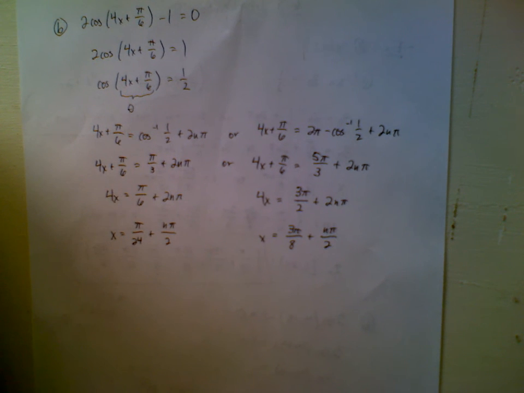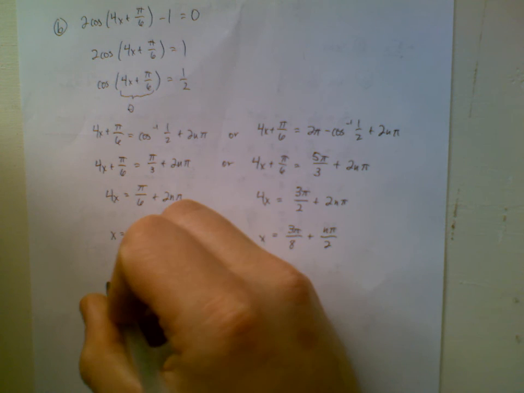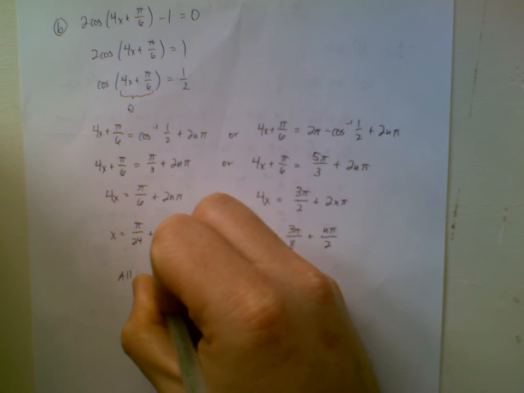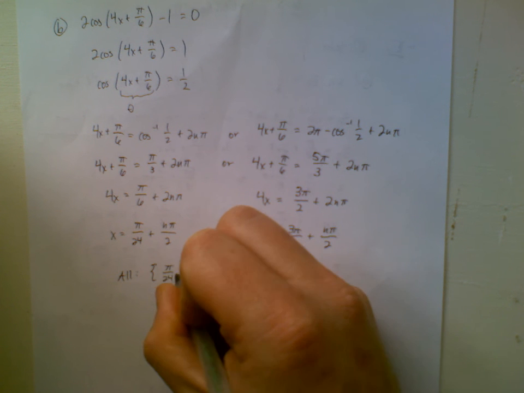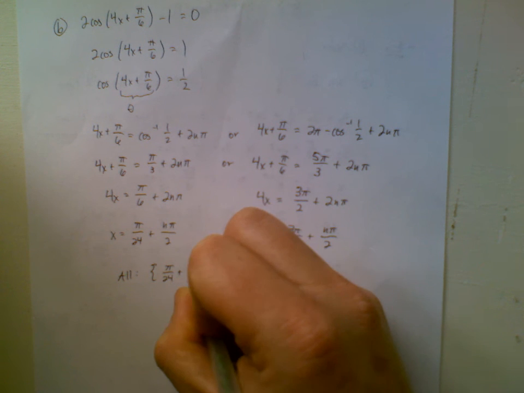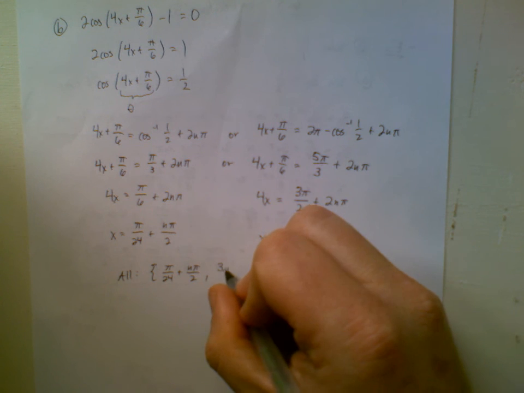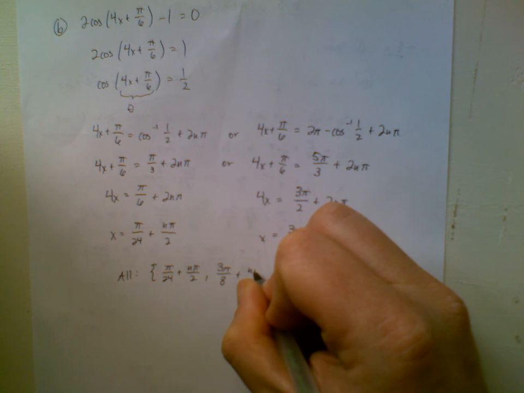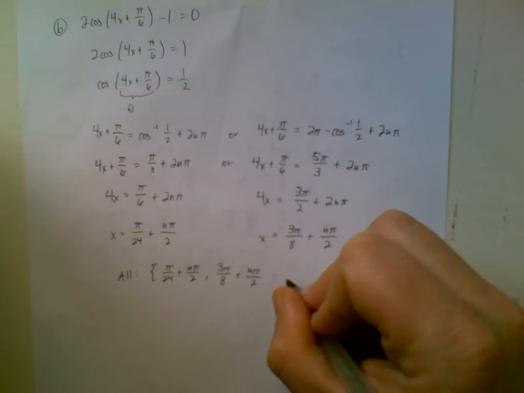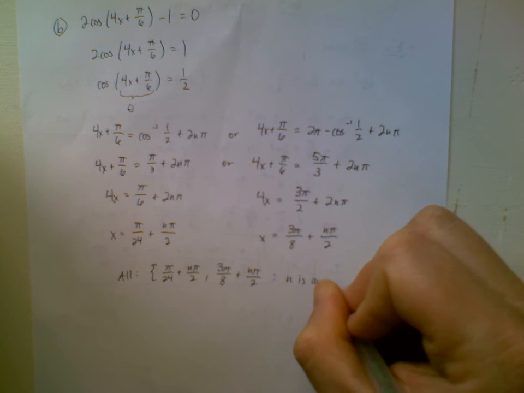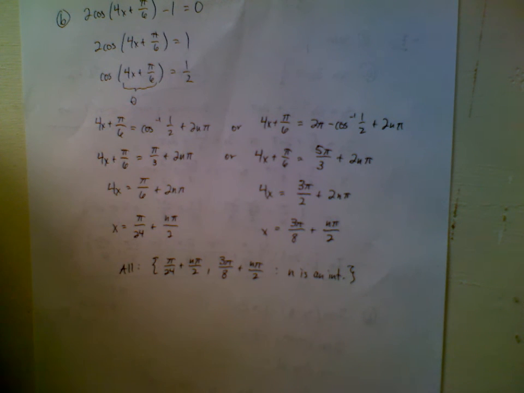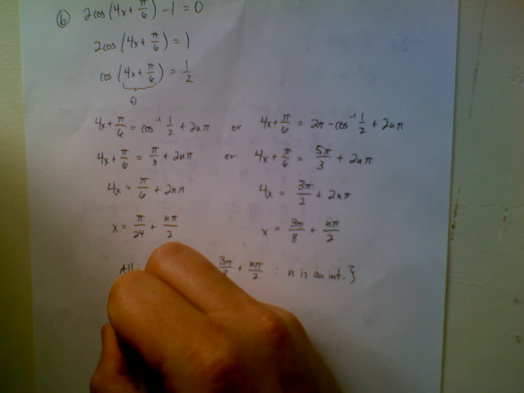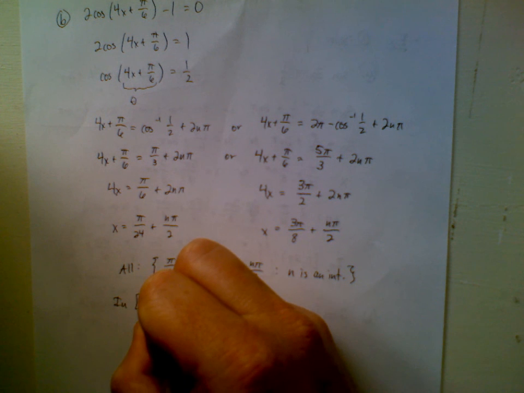So if you want to know all of the solutions to the equation, you would say all of the solutions are of the form π/24 + nπ/2, or 3π/8 + nπ/2, where n is an integer. If you just want to generate a list of solutions that live in the interval 0 to 2π,